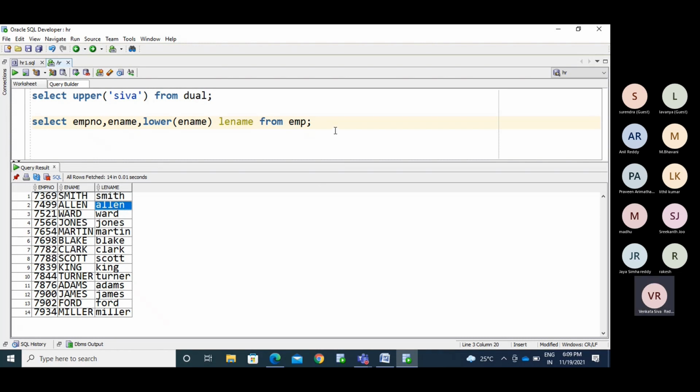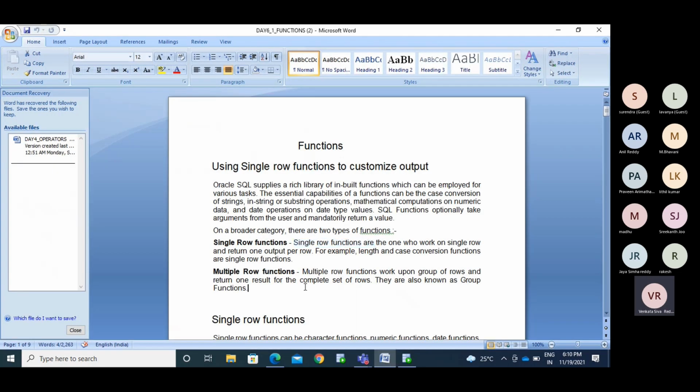We have some other functions, like group functions. Multi-row functions are group functions. Multi-row functions means minimum, average, maximum, these are all things we have, right?